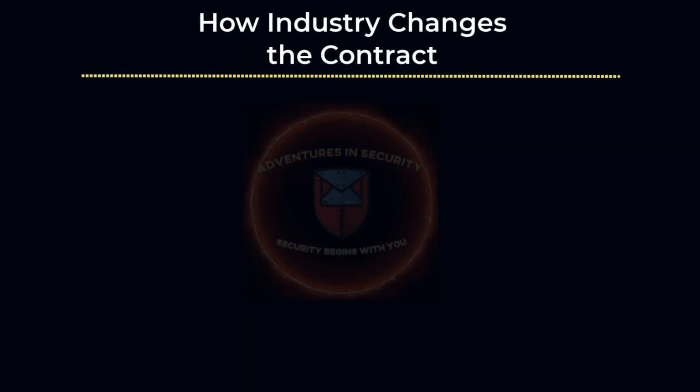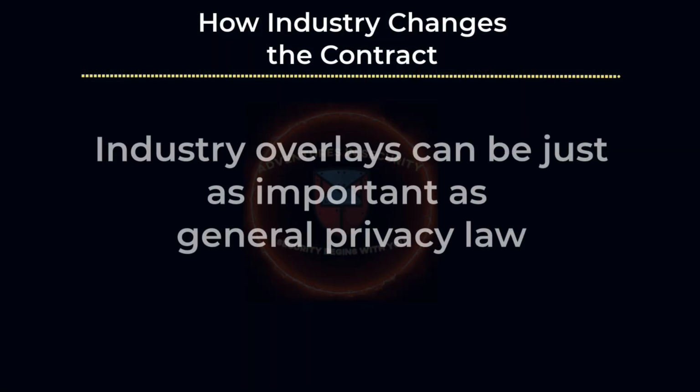How industry changes the contract. Industry overlays can be just as important as general privacy law. In healthcare, if protected health information is involved, the parties may need business associate terms and detailed security and breach cooperation provisions. HHS explains that the HIPAA Security Rule addresses covered entities, protected information, and the safeguards required to protect